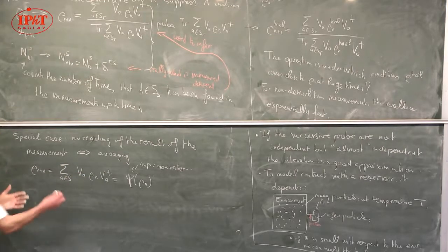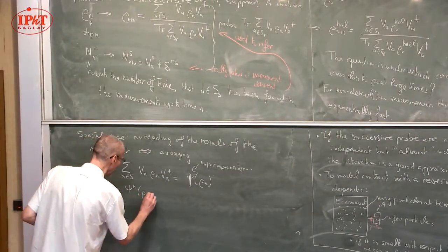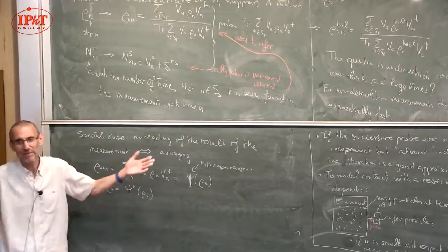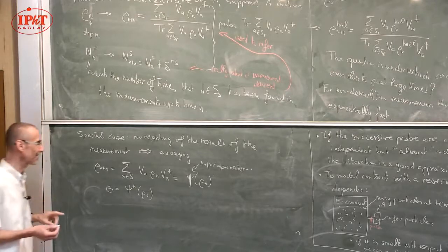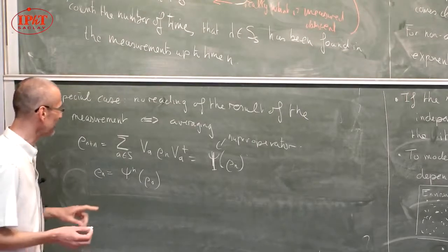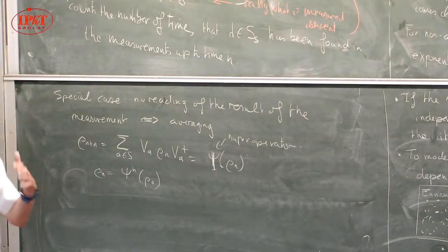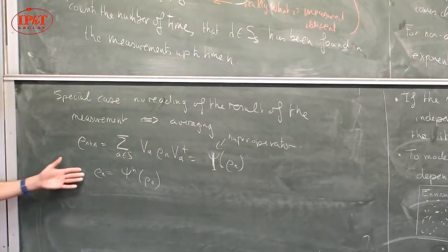Because rho n is just equal to psi n of rho 0. And so psi is just a matrix, and you have to look at its eigenvalues. It always has eigenvalue 1, this is easy to see, and all the eigenvalues are smaller or equal to 1, which is a fact I don't know how to prove in general, though some people know how to prove it for that case. But this is a generalization of the standard theorem for Markov chains.